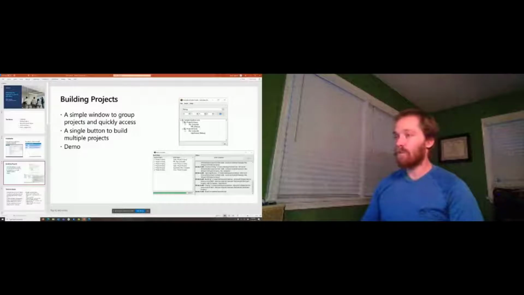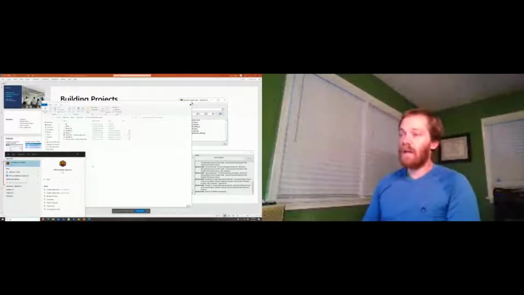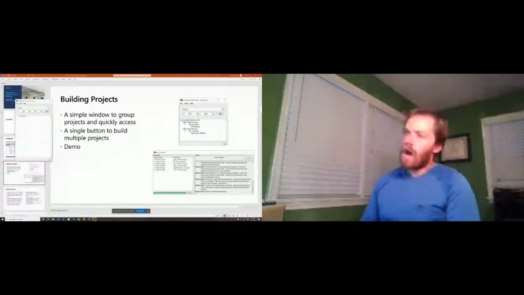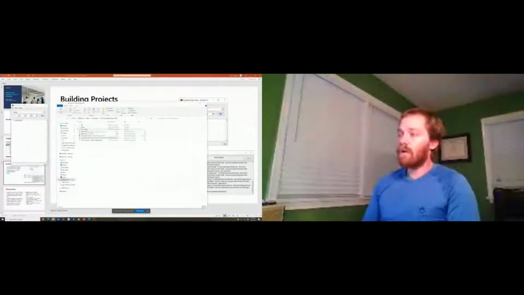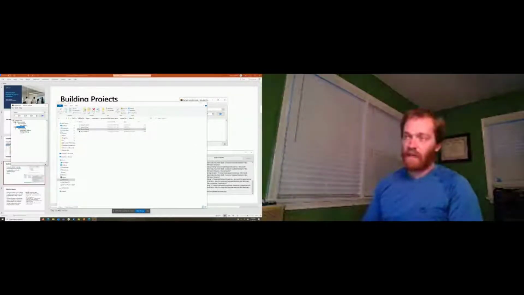So when I wrote the Solution Explorer, I was working on a project that had on the order of 200 PPLs by the time we were done. So I didn't want to play that game over and over again. Essentially, when you open up a blank solution here, you get that window, and you can just drag LabVIEW projects into it. You can reorder them as necessary, and it's like writing that stuff down. Then when you hit the build button, it's going to go into project A here, and it's going to build PPL1. It's going to go into project B here, and it's going to build